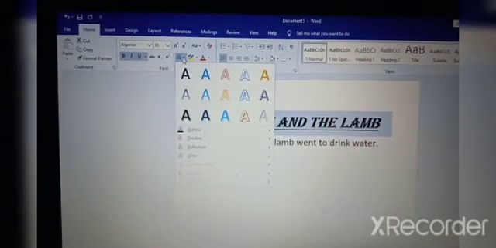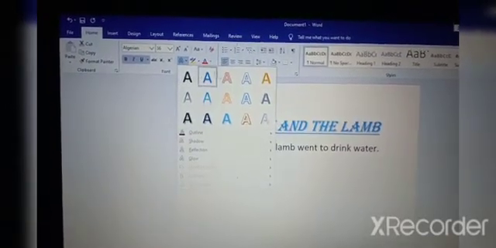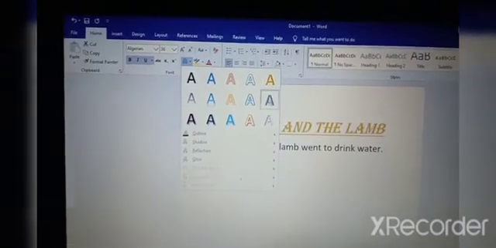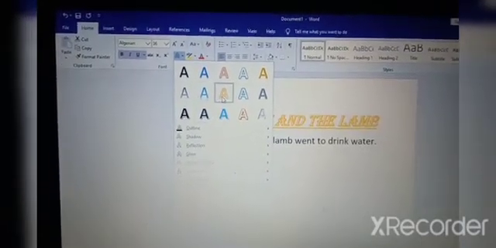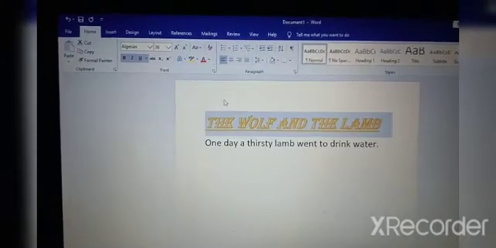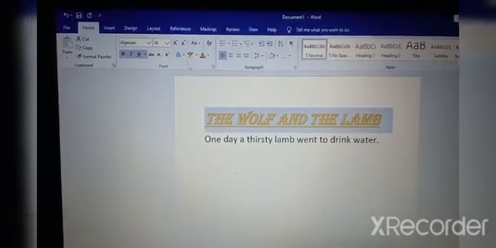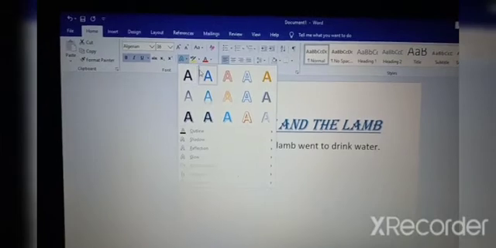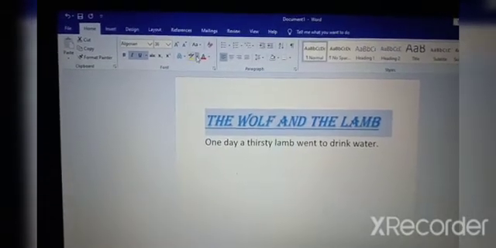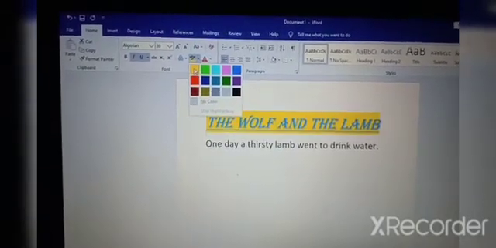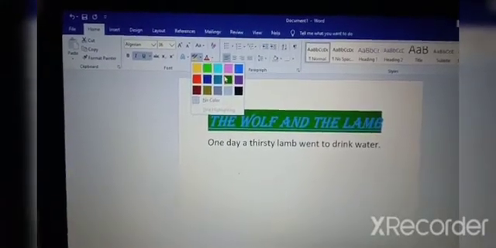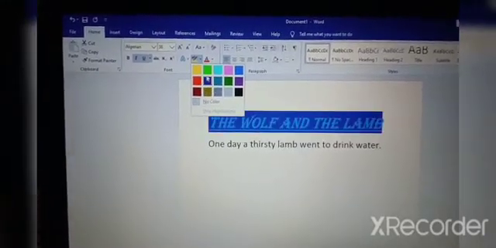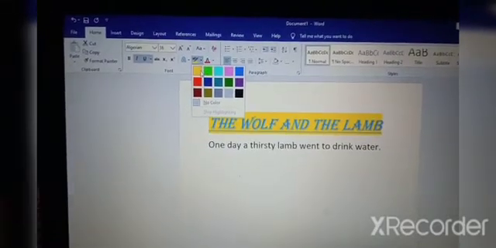You can give different types of effects to your text. Now you want to give a highlighter. You can select a highlighter from this option. There are so many different colors for the highlighter. I will take a yellow color.